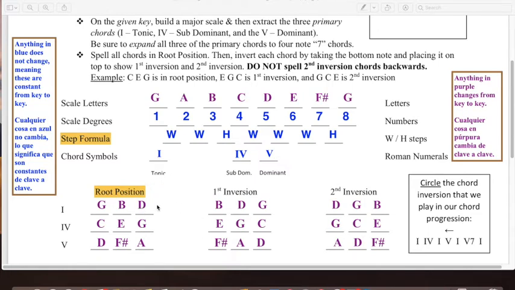D, then the G and the B. So we take the fifth of the chord, D, and then we begin to spell it again. G, which is the root, and B, which is the third. Here is the fifth of the C chord, G, C, E. And finally in the dominant, we're going to start on the fifth of the dominant, which is